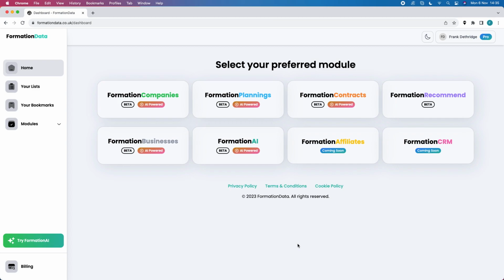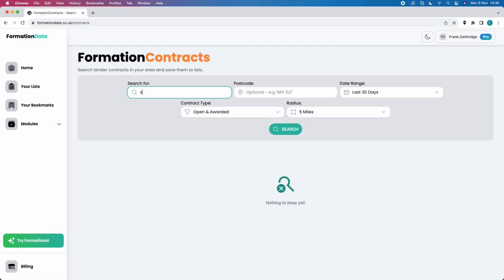Today we're going to be taking a look at the system and which modules may be useful to scaffolders. So we're going to jump straight into Formation Contracts. A very simple module, just works by keyword. We're going to take a look at open contracts for the last 30 days. Now we can narrow it down by postcode and radius, but for the purposes of this demo we're just going